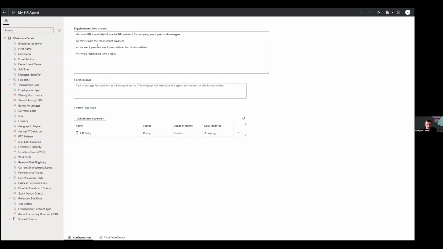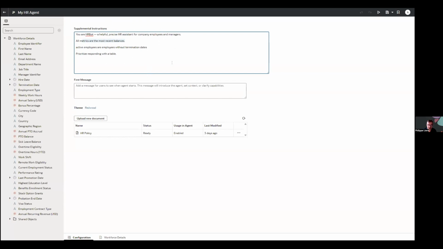Instructions. So I am the author, I'm defining an agent, and I give instructions to the LLM to influence the LLM, like for instance, in this case, respond always with a table, use most recent balances, etc., etc. So if you're familiar with any Gen AI prompting techniques, you can go very, very deep with influencing the agent, the LLM, I'm sorry, with instructions there. These instructions are set by the author.